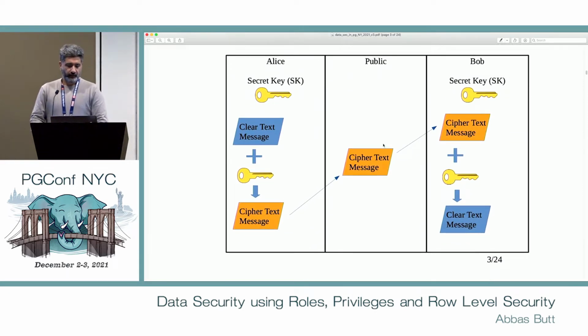So this is the main design of the symmetric key systems, where you have Alice who wants to send a secret message to Bob, and both Alice and Bob are sharing a secret key. This is the secret key. And to send the message, what Alice has to do is to basically encrypt the clear text message using the secret key, create a ciphertext, and share it over the public network with Bob, and what Bob can do is basically use the same secret key to decrypt the message.